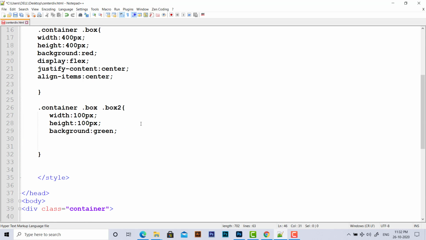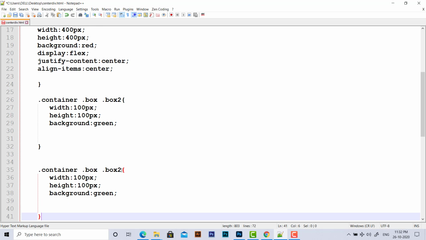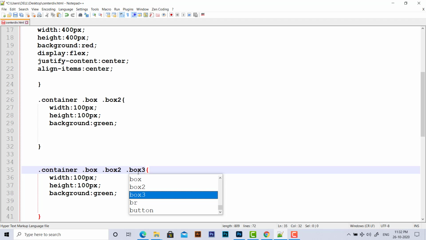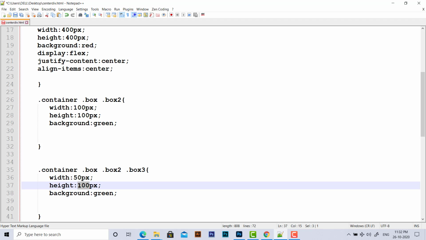Okay, and now what we are going to do is, we can just simply do one thing. We'll just copy the same code over here and paste it, and target the box 3, and this time I'm going to give it 50 pixel, both width and height.